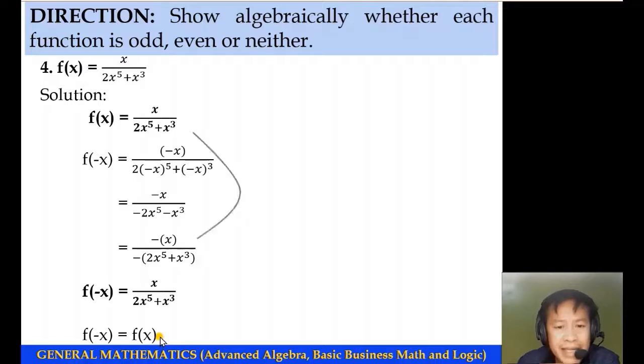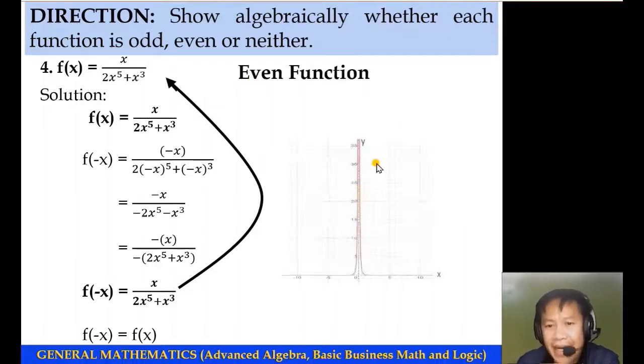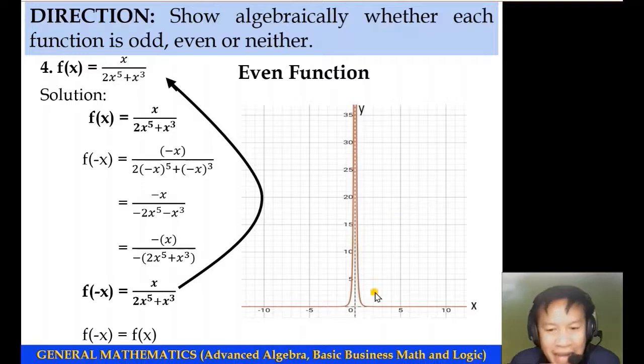It means that this is an even function, because after substituting negative x into each term of this rational expression, the result is the same as this particular function. And this even function can be validated by the graph. The graph is this one. The graph is symmetric with respect to the